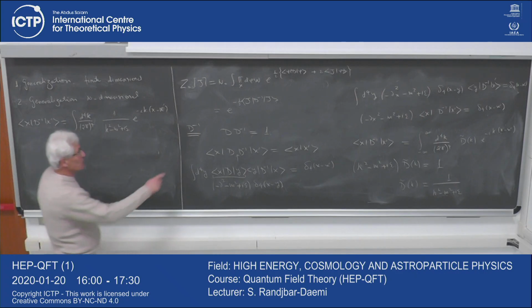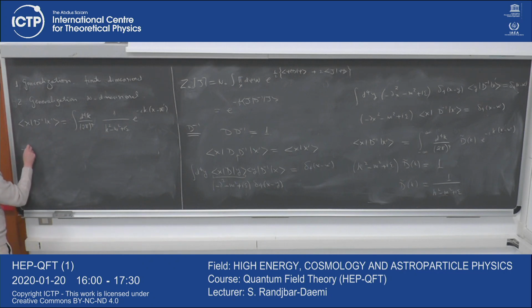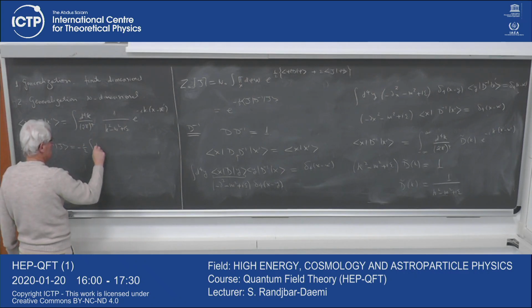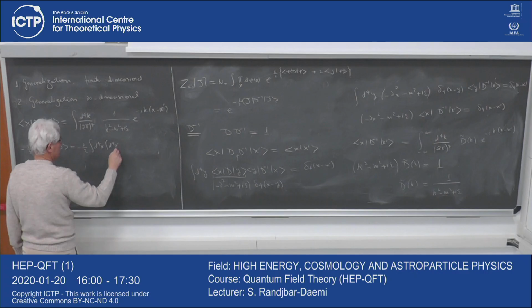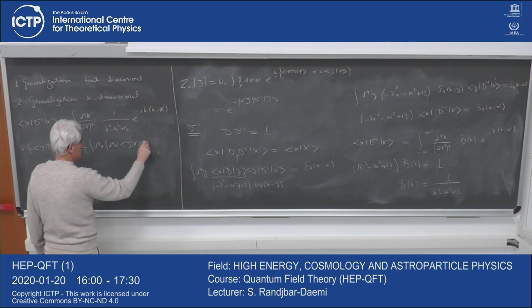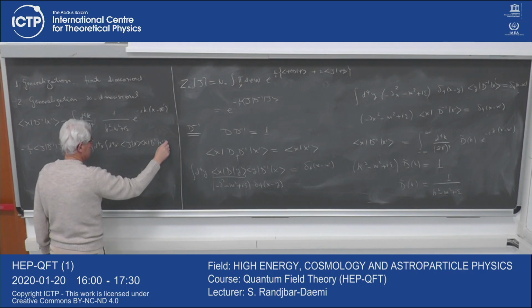The object of interest for us, of course, is that fellow there. So we have minus i over 2 j d inverse j, minus i over 2 d for x, d for x prime, j x, x d inverse x prime, x prime j